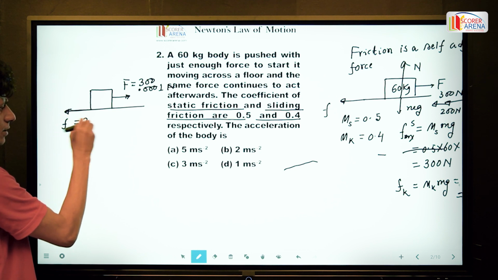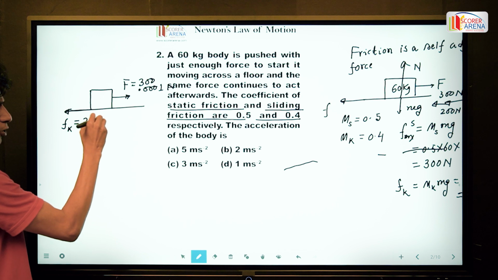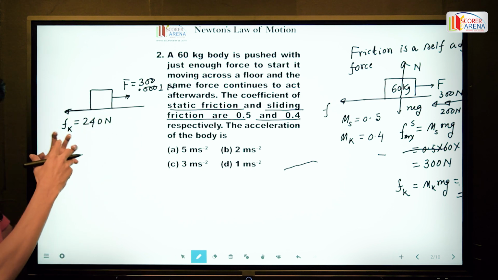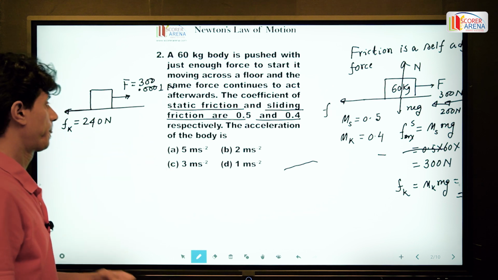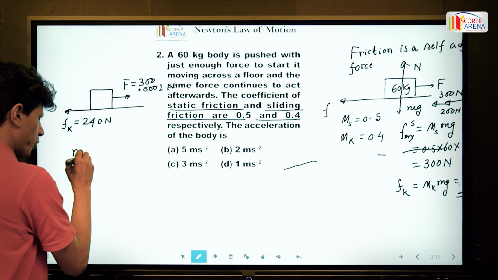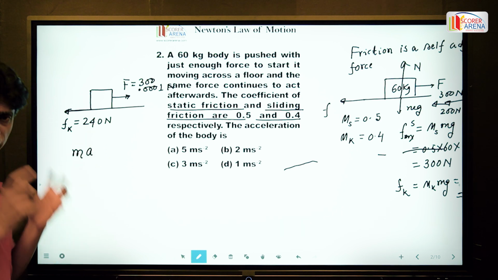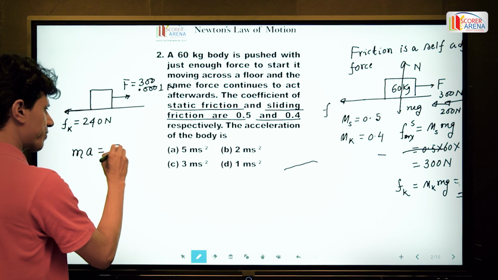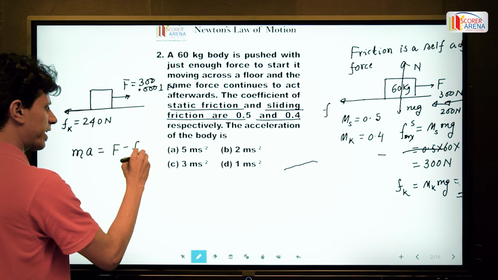As per this problem, it is 240 Newton. So the body starts with an acceleration a. So mass into acceleration, that is net force, is equal to F minus Fk,